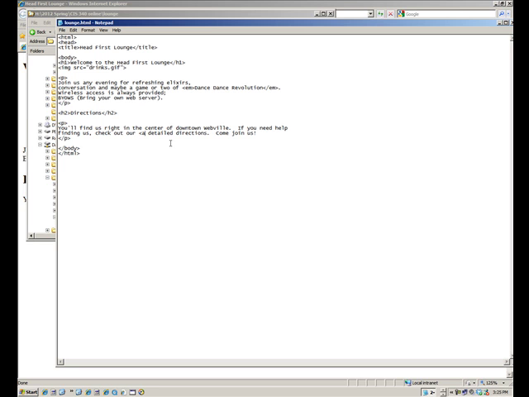So I'll put my A element in to start it, space, and then you're going to type your href equals double quote, and you put the actual HTML file name. So we called it directions. Now in today's class, they were putting direction.html and then they wondered why it wouldn't link properly. Well, they had the wrong file name, so you got to make sure you spell it exactly the way you spelled it when you named the HTML file. So this link is to directions.html, otherwise it won't find it. Double quote